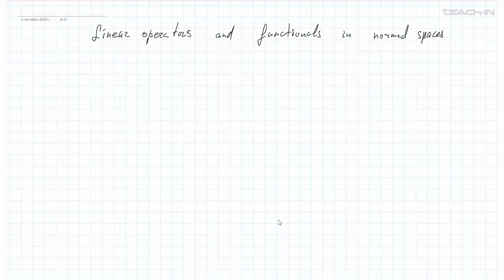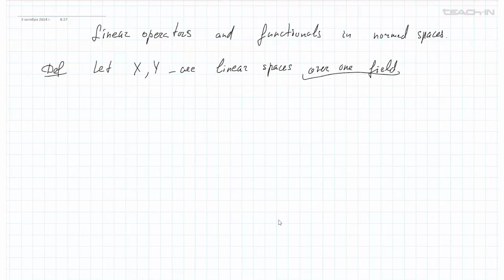So, first definition: let X and Y be linear spaces over one field, and this assumption will hold every time. I don't write it every time, that we have them over one field, and a map